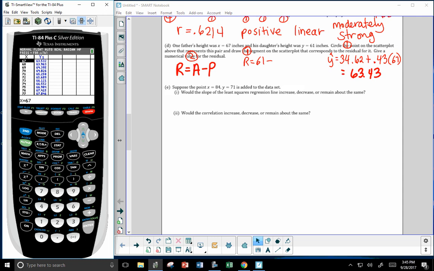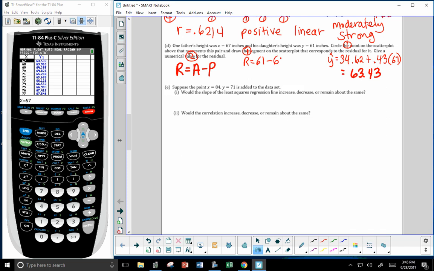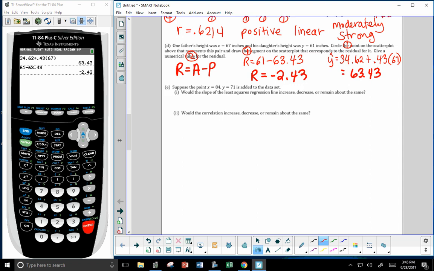Okay. So if we go into our list, and I haven't done this yet, saving it to show you, we can go into our list, and it is quite a bit of clicking, but we want to go to the bottom of our list, and we want to add the point (84, 71). And let's see what actually happens when we rerun it. So there's 84, and then I want to arrow over and type the 71 corresponding with it. So we've added the point. Go to stat, go to calc, number 4, rerun it with our new values. It doesn't matter if you store it in Y1 or not. So we calculate it, and now our slope is